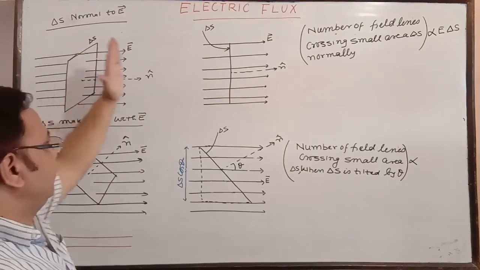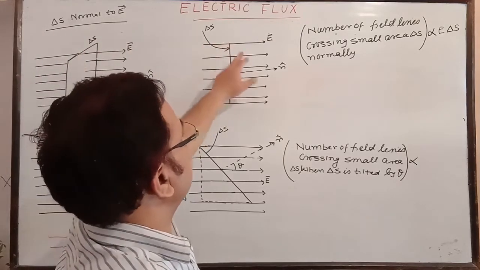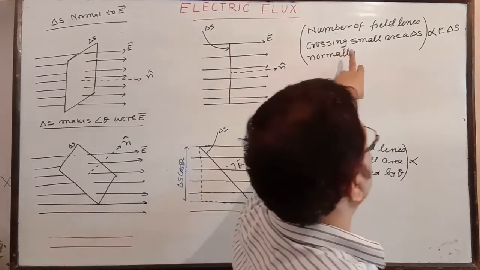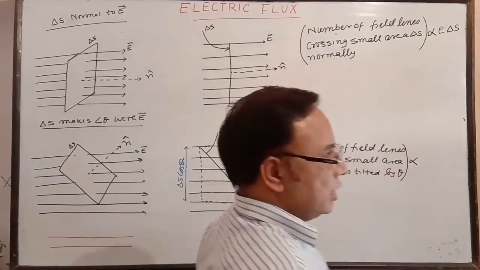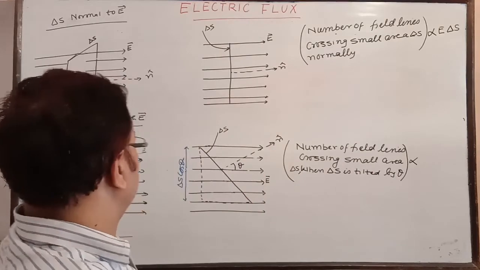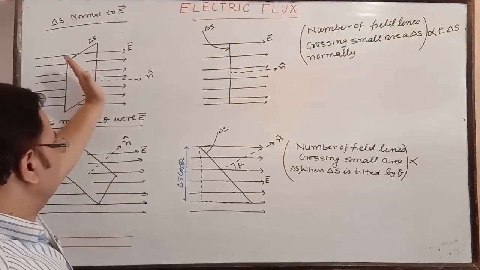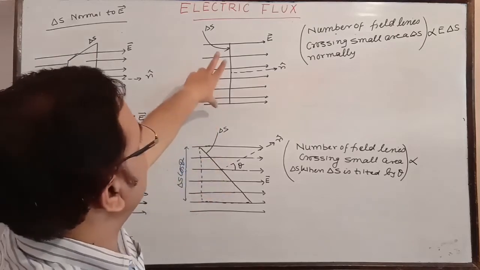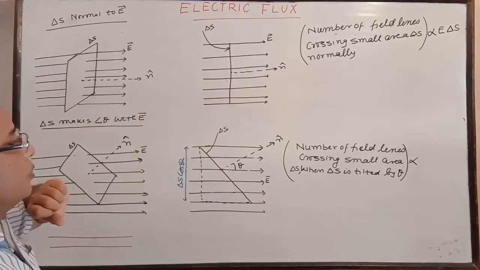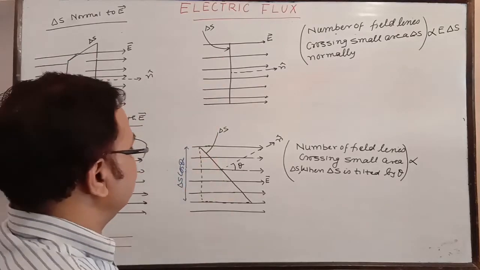It is the line that is shown there, the same thing. So in that case, the number of field lines crossing a small area delta S normally is proportional to E delta S, what we had just seen. But when we tilt this area, what happens? Just see. If the whole number of lines were exposed, now when we tilt this area,